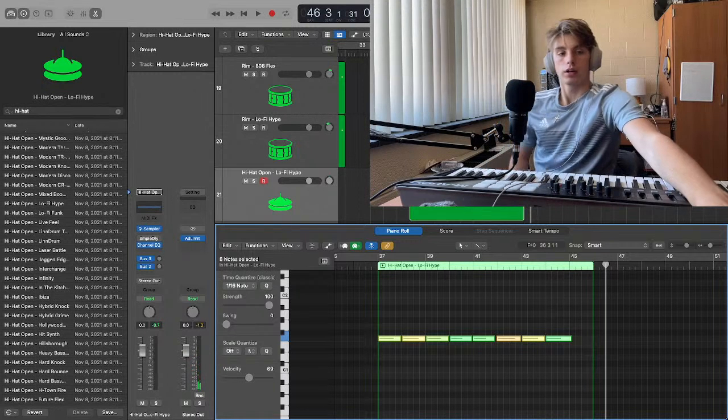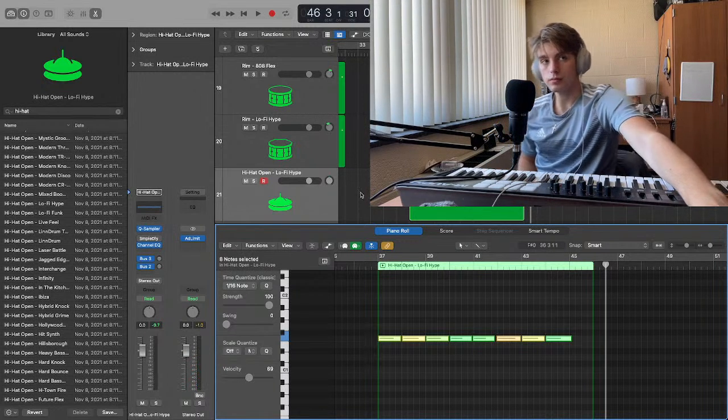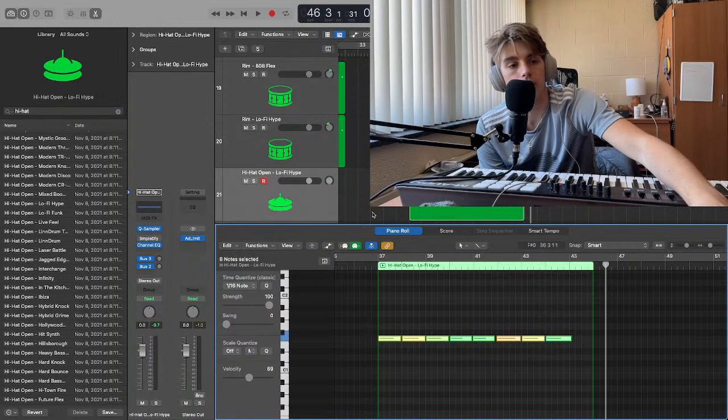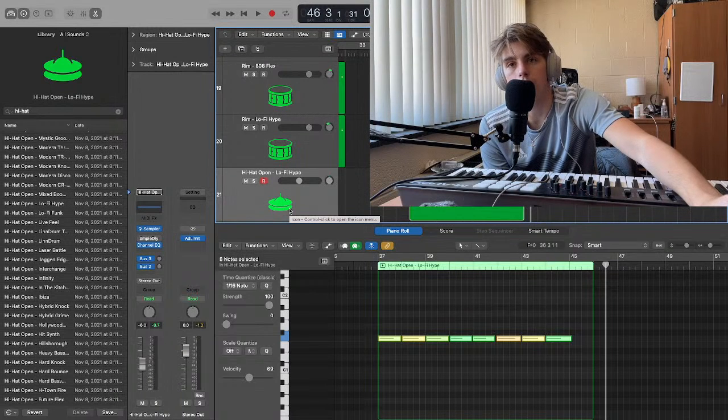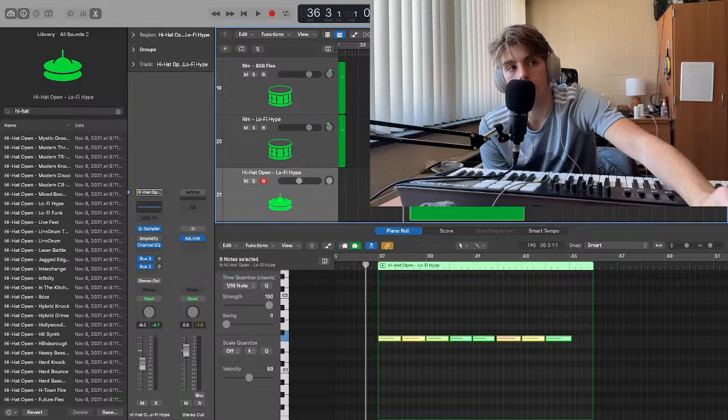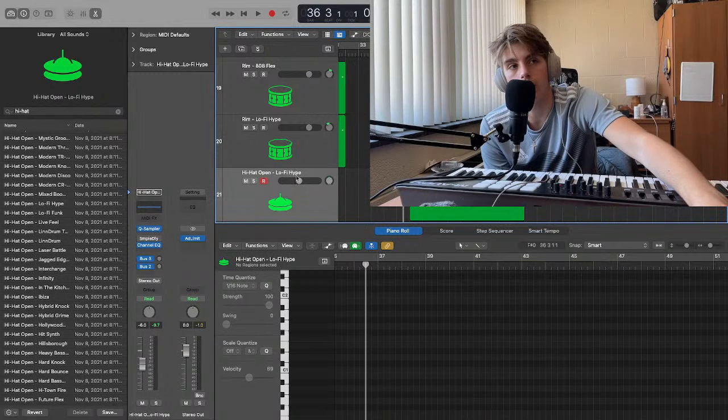Nice. Okay. So the reason I added this is because it adds kind of an ambient feel. It's not like when there's a red line, or what's it called, when somebody dies and it goes beep. It's not like that, but it adds an ambient sound. I just like it. So we're going to turn it down though and have it be more of a felt effect rather than a really present, heard one.